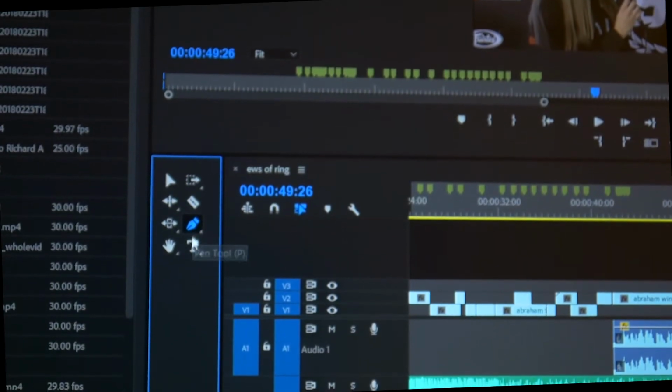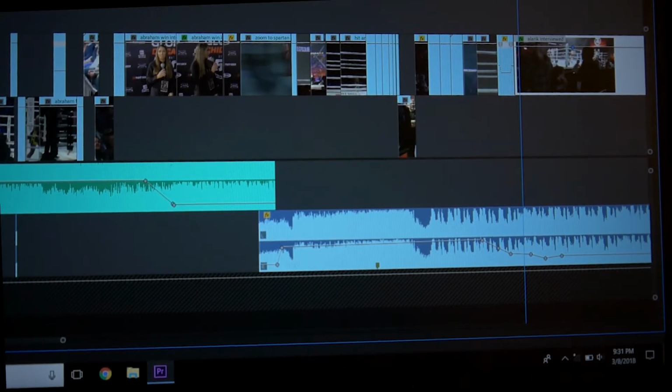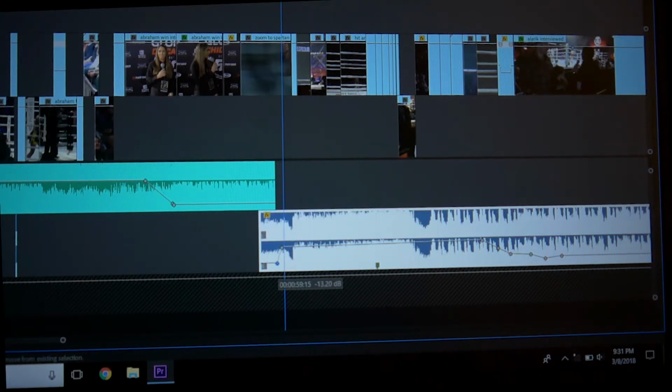Our next tool is our pen tool. For my pen tool, we can use it for various things, but probably the most practical use will be to animate your audio or your video on the actual timeline. When you're doing audio, you may want to have it fade in or fade out, and you can do that using keyframes. You can create these keyframes by clicking on the little white line here